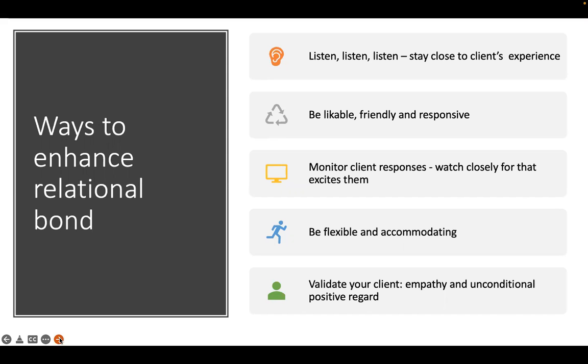So, monitoring client responses. I already alluded to this a little bit, but sometimes we get passionate about stuff. We're not going to be perfect at this. You pick a piece of their story and run with it because you find it really interesting, and in the heat of the moment you weren't really checking in with them, but you thought, oh, this is something we need to unpack right now. And slowly, as you're passionately asking questions or maybe self-disclosing, you're watching the client sink into the seat and cross their arms.